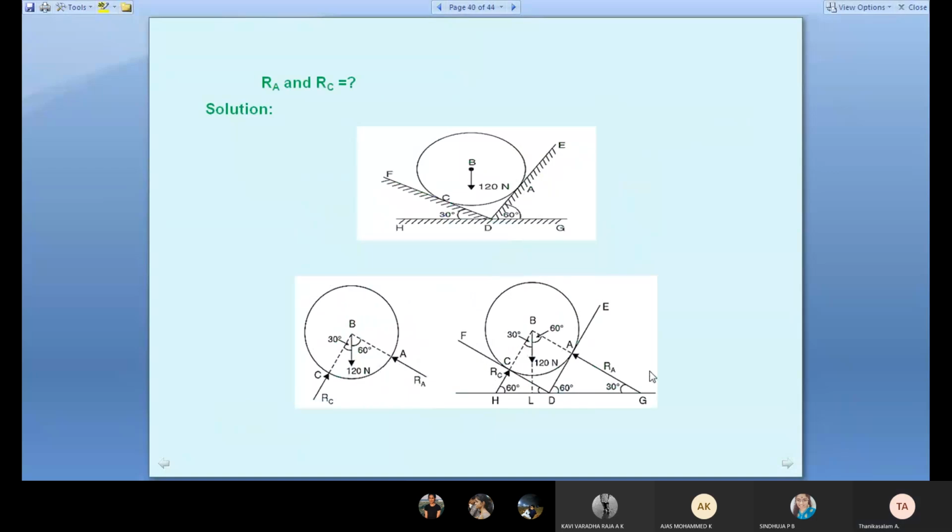See the next diagram, the angle ADG. Reaction at A is 90 degree with respect to DE, and 60 is already given. 90 plus 60, 150. What is the balance? 30 degree at the G point. So RA goes to the middle of the body. Now I draw the triangle LBG. L is 90 degree, G is 30 degree. What is the B point? 60 degree. You know the summation of angles is 180.